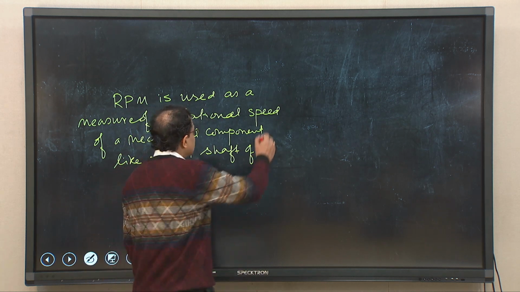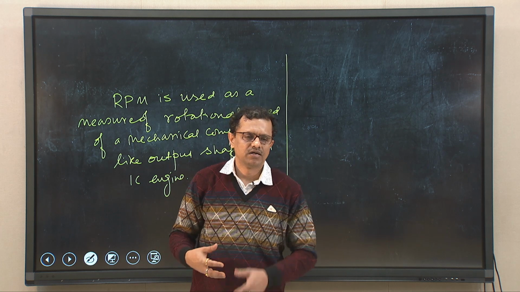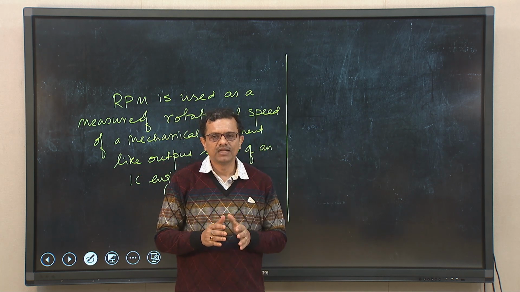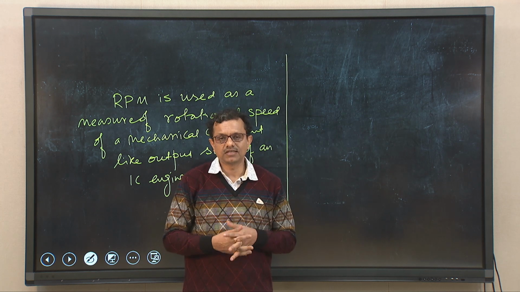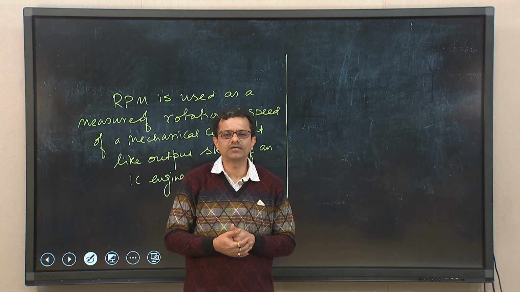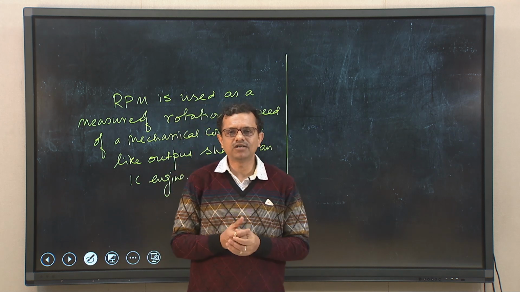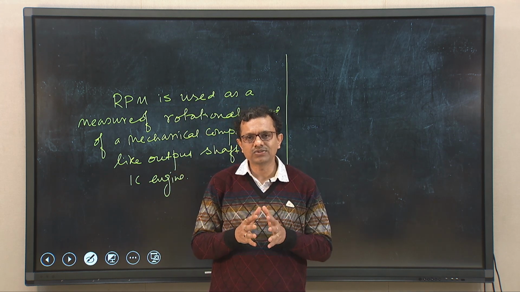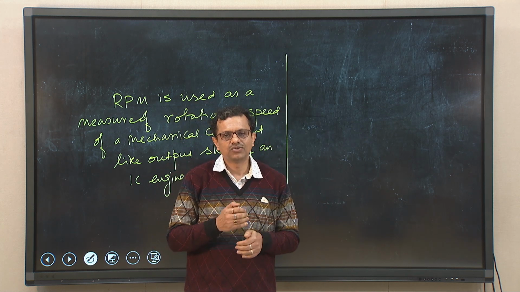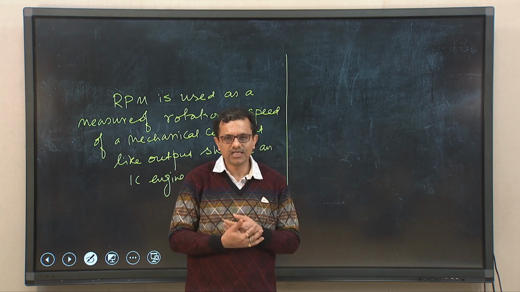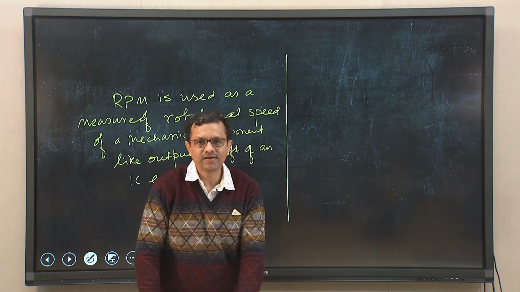Okay. So, now the question is, we know by this time, in fact we have studied from our previous classes that nowadays it is possible to have advanced sensors. So, it is possible to have all these high precision and low cost sensors because of the advancement of digital technology. So, sensors are used to sense the speed. Okay. So, if we need to measure the RPM, we need to have a few sensors. So, devices which are used to sense the speed or RPM of the mechanical component, these devices are,